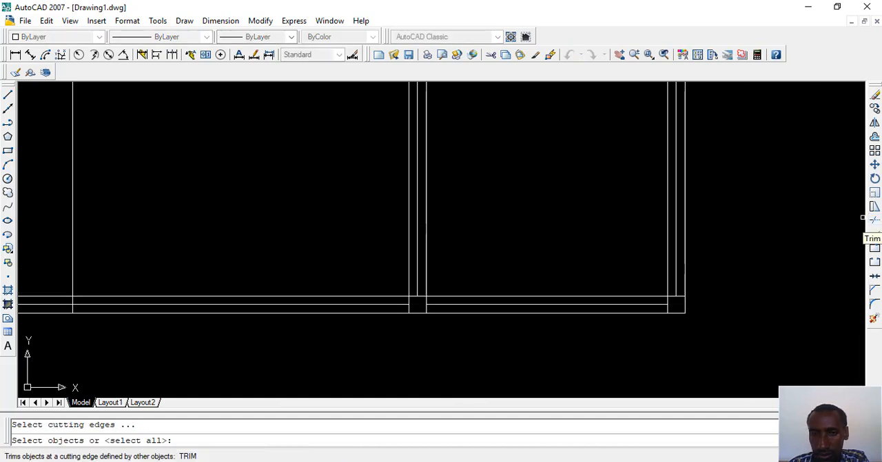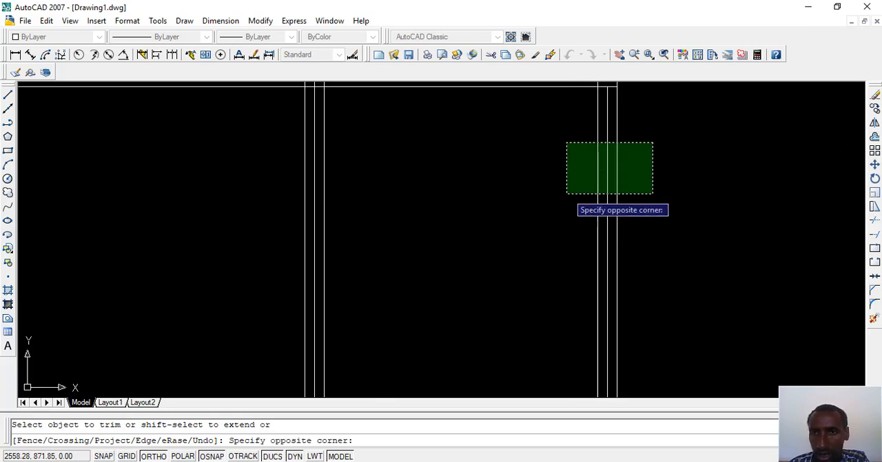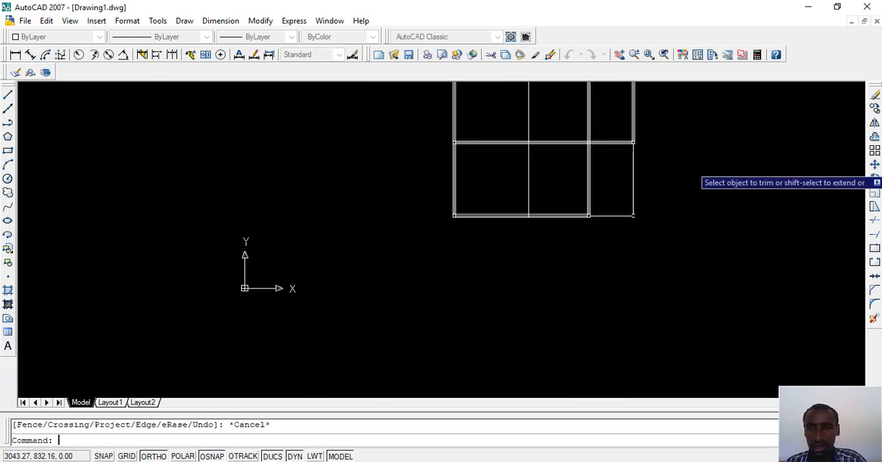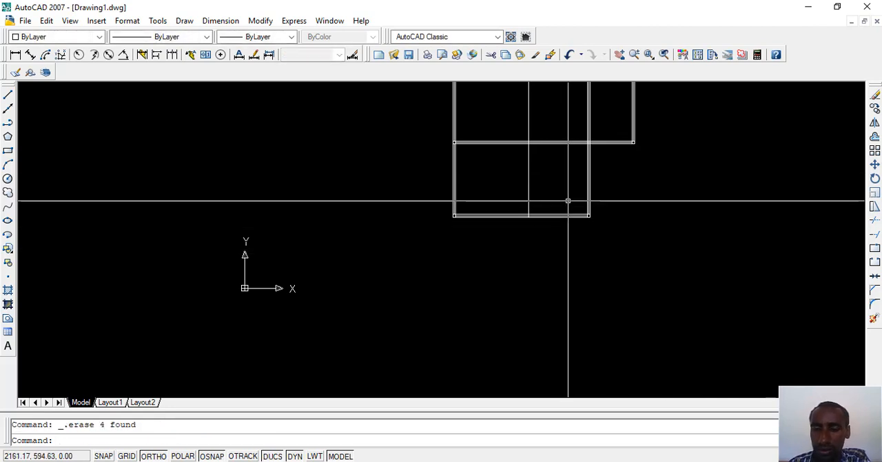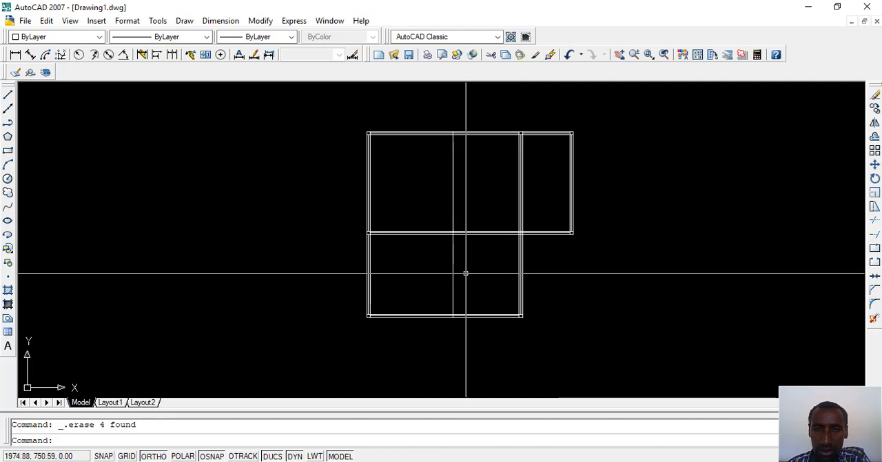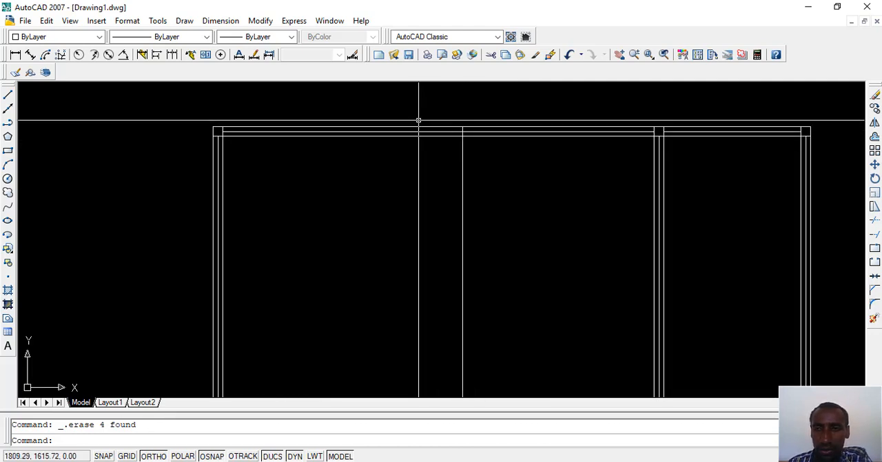So I have to say trim, right click. What happens is the continuing lines are removed, but this one is discontinuous, so I can select it and say delete. So this is all about the shape that I want. So if I want to have the center line in a different color,